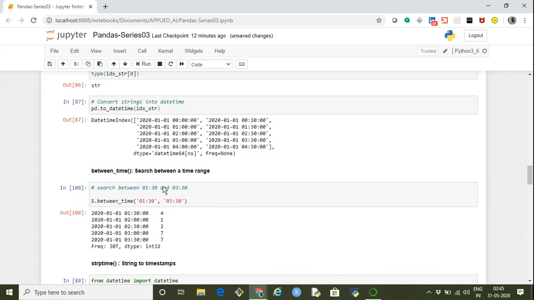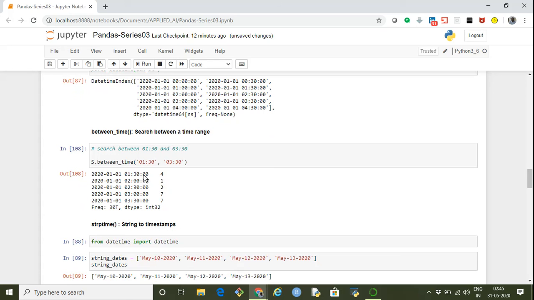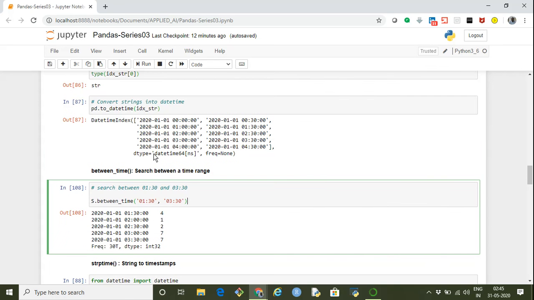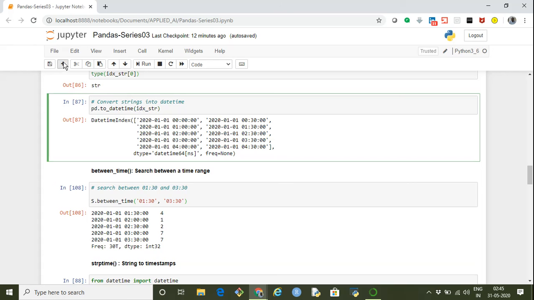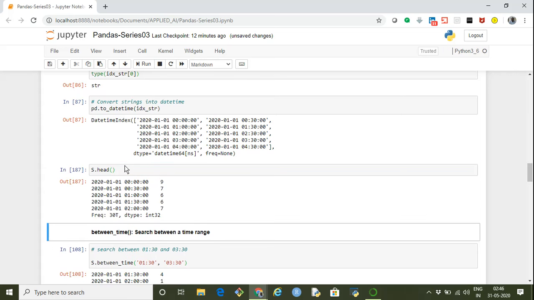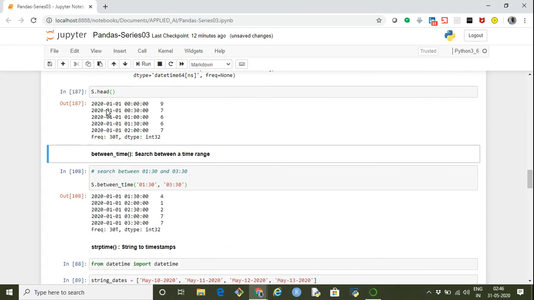Okay, now often we come across a situation where we want to search values between a given time range. Let's say we have created a series S. Let me quickly print what S looks like. Yeah, so this is what S looks like. I'm just printing the first 5 records.